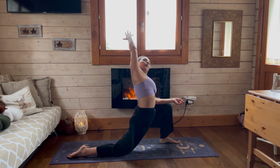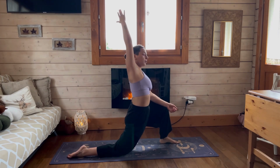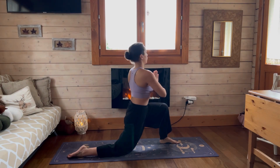leaning towards the left, creating a very long line from the right knee to the tips of the fingers of the right hand. Coming back to center, extend the spine, palms in front of the heart, and we're twisting towards